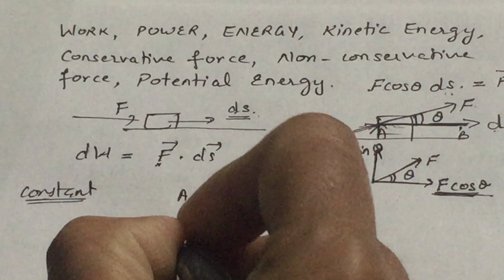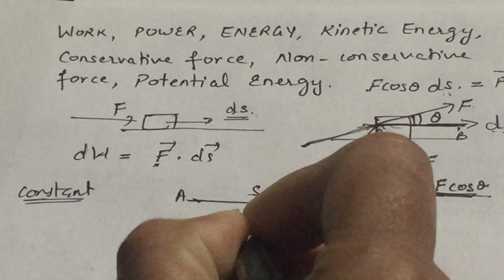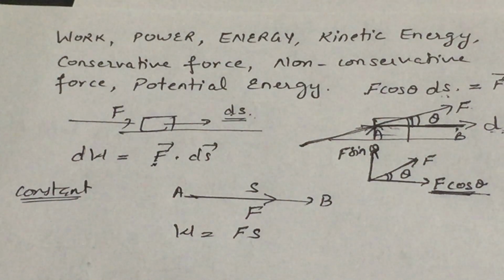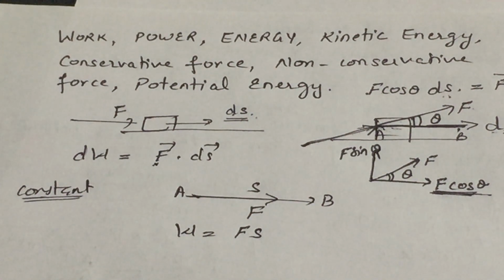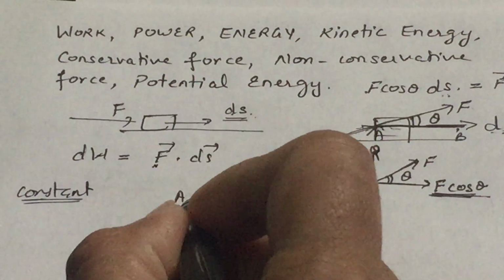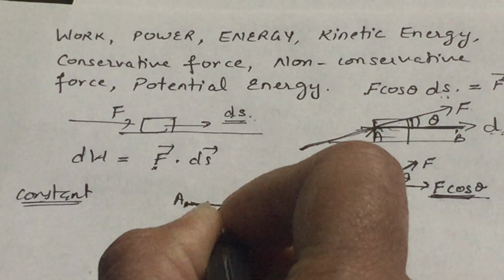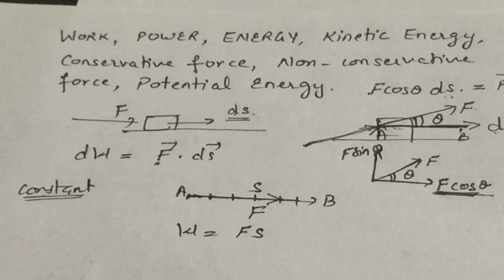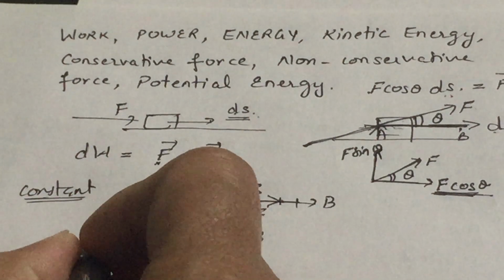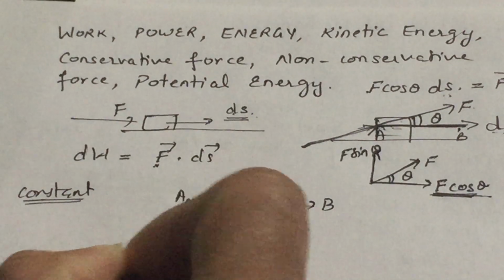The work comes out to be the product of F and S if they both are in the same direction. But if the force is variable, if the force is changing from position to position or time to time, then we can take the integral of the